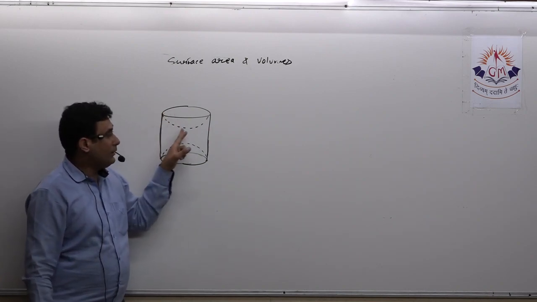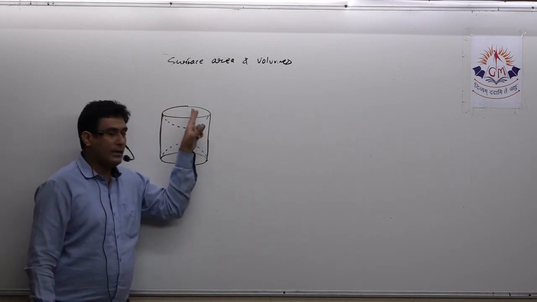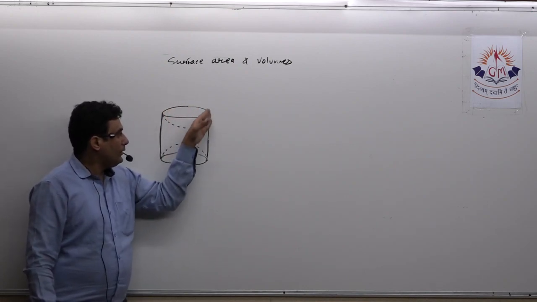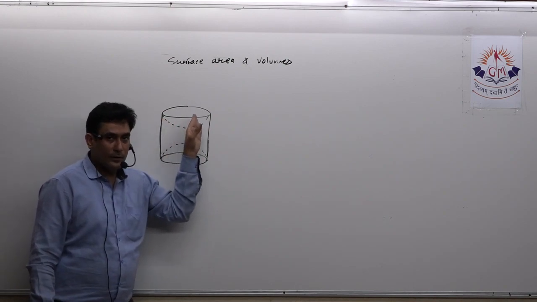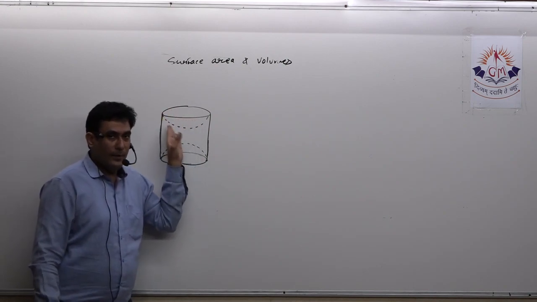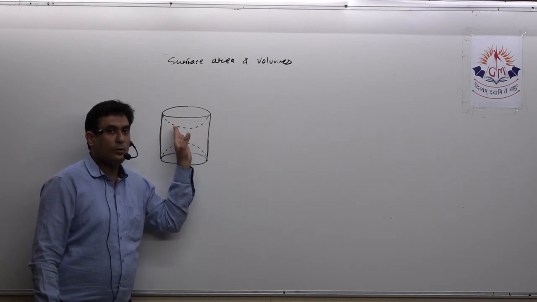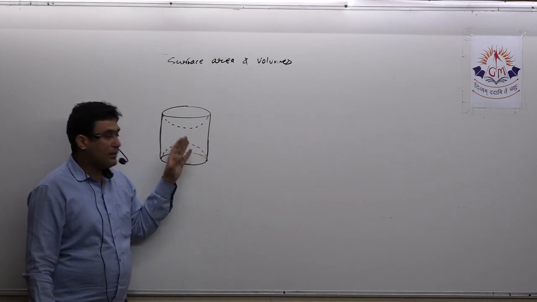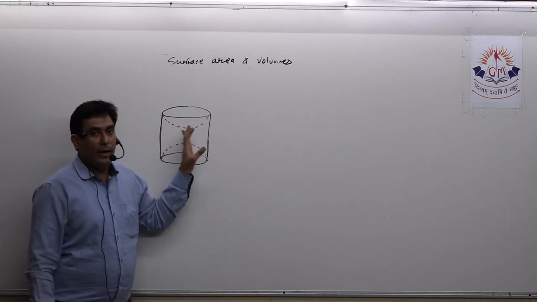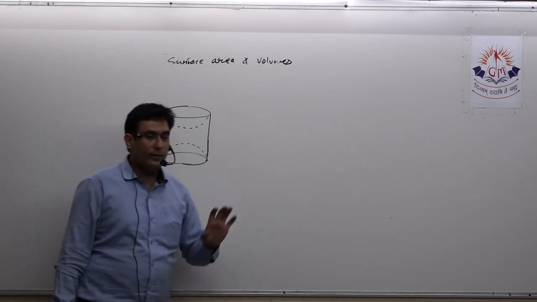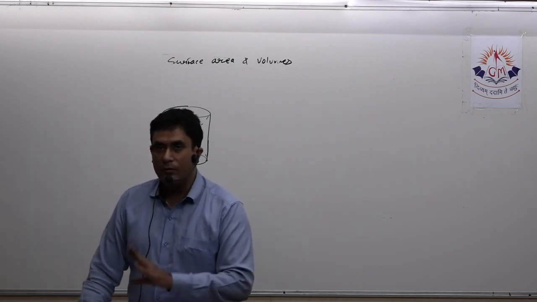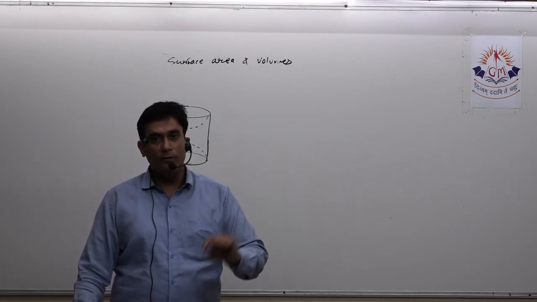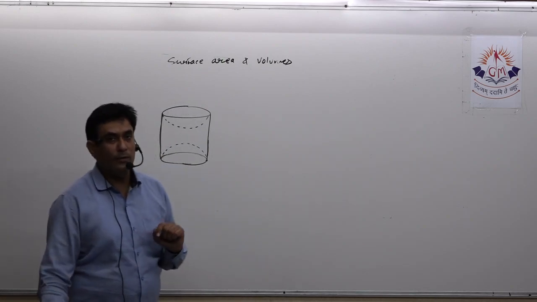How? When you take out a hemispherical portion out of this, you will be able to see one hemispherical depression over there. And as you are able to see the depression, it is possible to paint or color on that. So in that case, we have to add that area. As I told you, whenever you have to find the total surface area of a combination of solids, simply check on what portions of the solid it is possible to paint or color.